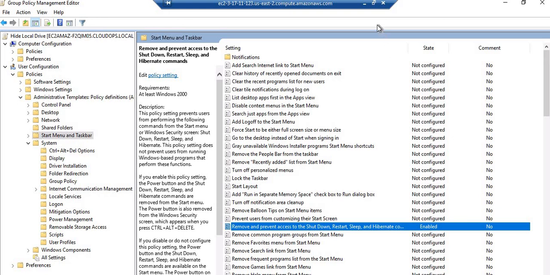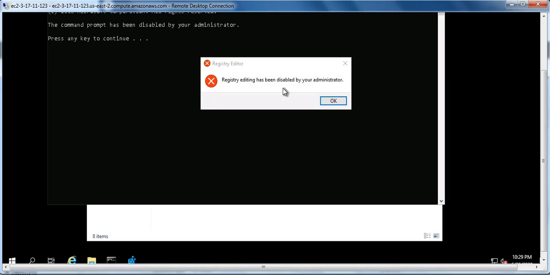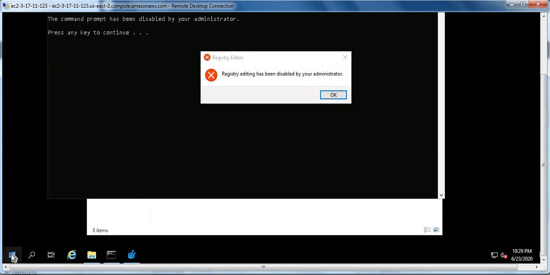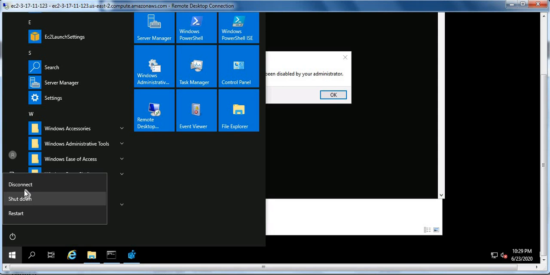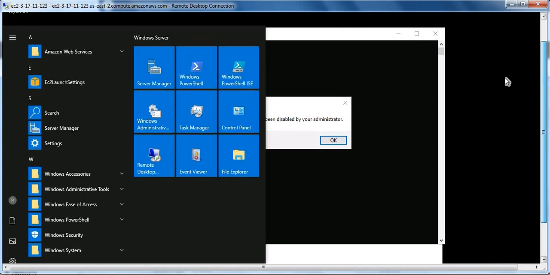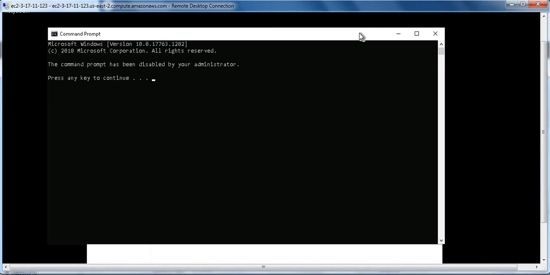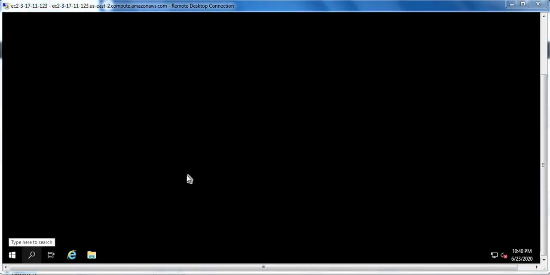Now let's go back to our client computer. Let me log off and log in again, because I cannot update the group policy since I disabled the command prompt. So I re-logged in to my client computer.